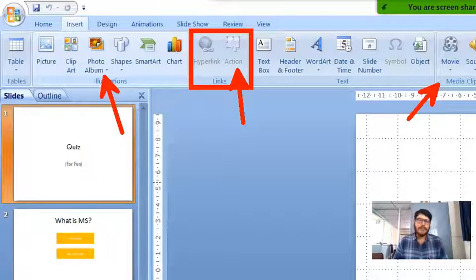While explaining the benefits of a PowerPoint presentation, I discussed that we can create a photo album in a PowerPoint presentation very easily. So this point I have highlighted. In today's class, I'm going to highlight how we can create photo albums, and also how we can effectively utilize hyperlink and action options. And also I'm going to show you how we can use the media clips group.